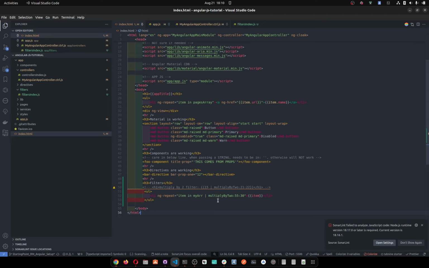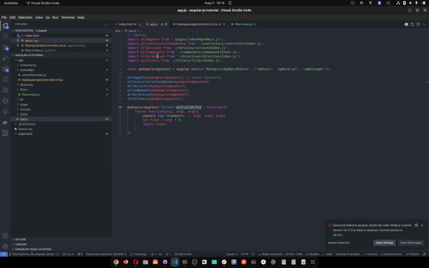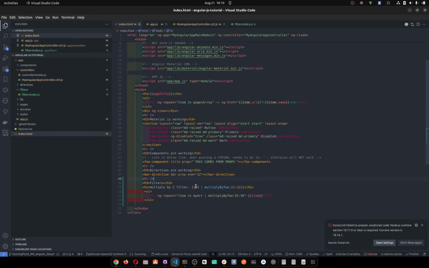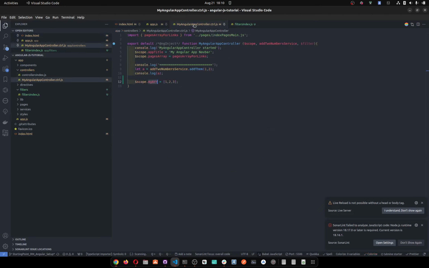So again, this is how you do it in the HTML. We just put whatever it is on the left. We call the filter, which is the name of the filter, and then the first argument is going to be whatever is on the left, and then all other arguments are going to go here. All right, this way. And to use it inside of the controller,